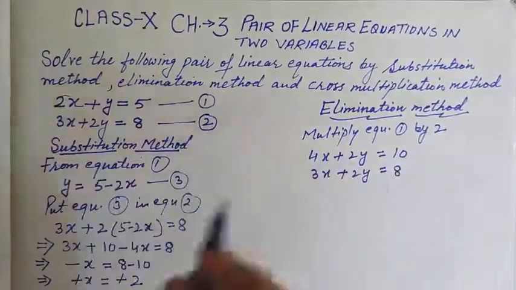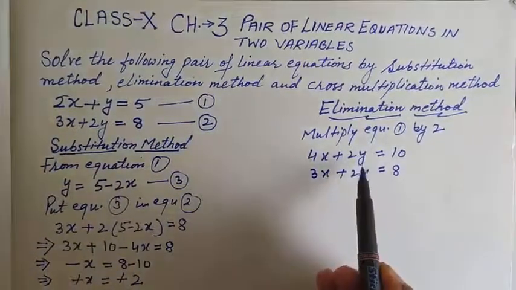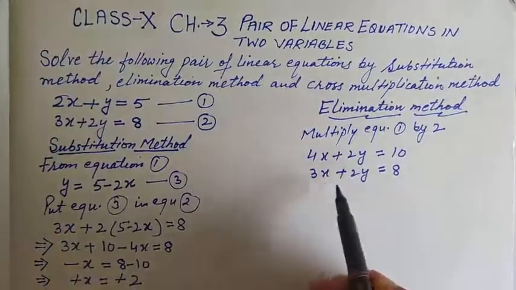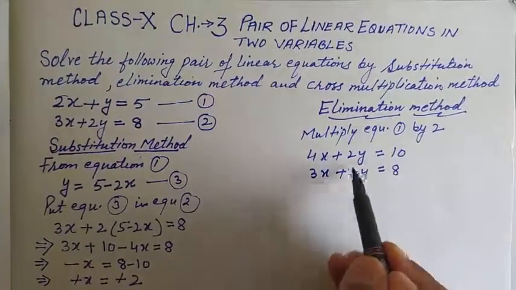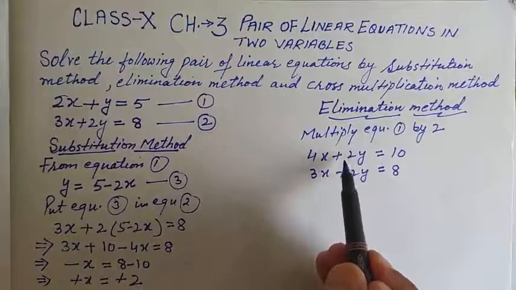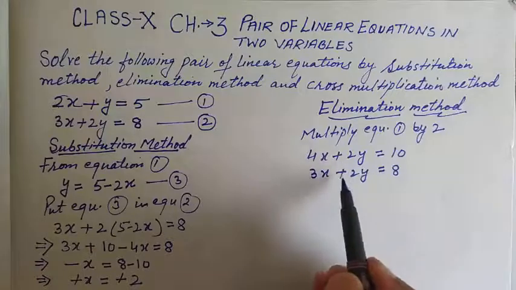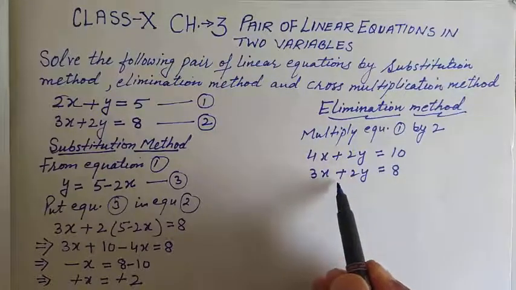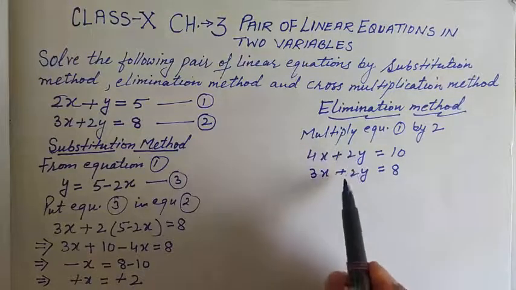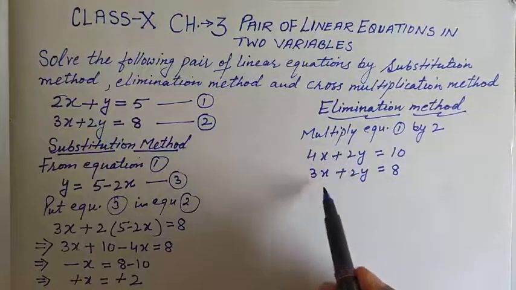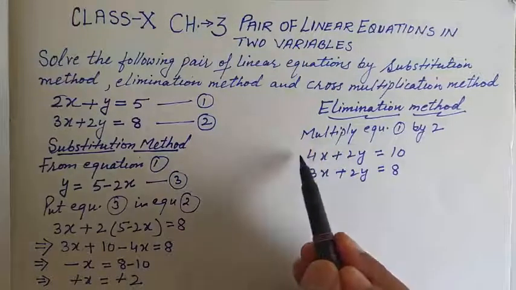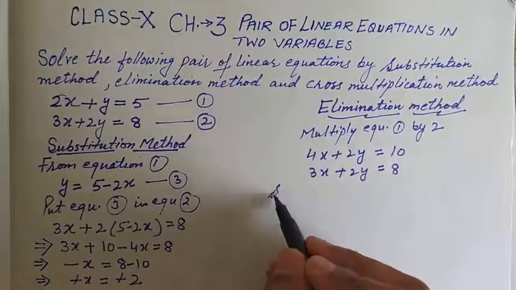Okay, now see what we do here. Here the coefficient of y is 2 and 2. Now what we do, we'll subtract this equation from the above equation, because here the signs of 2y are the same. If suppose the sign here was minus 2y, then we would add these two equations so that these would be cancelled. Now we cannot cancel this unless we change the signs. Those signs will be changed when we subtract this equation from the above equation. So we'll subtract now.